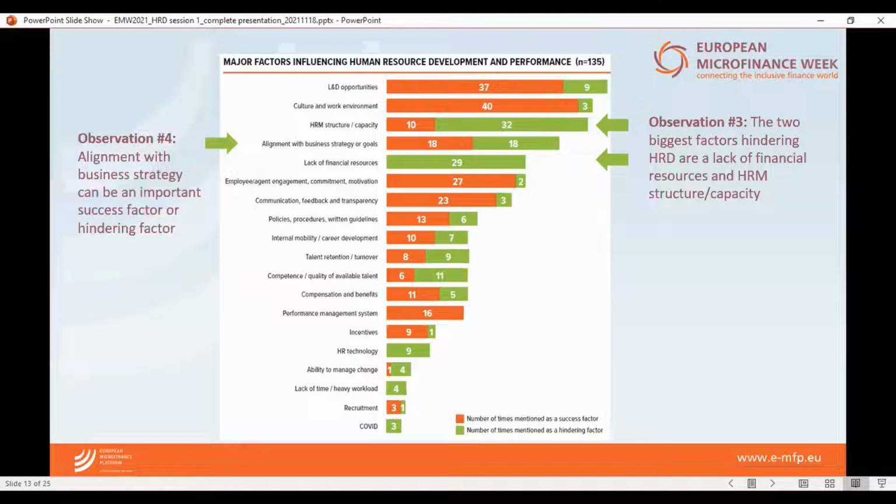I've drawn this out as a separate observation because this factor was also among the top 5 factors of success. I don't know if you noticed that when we were looking at the orange bars. It seems that when HR activities align with business strategy, HR is valued and it delivers value. The function sits at the decision-making table, it's listened to and has the support of the board and top management. It understands the business and is able to recruit and develop employees that achieve organizational goals. Managers support HR activities because they see their value.